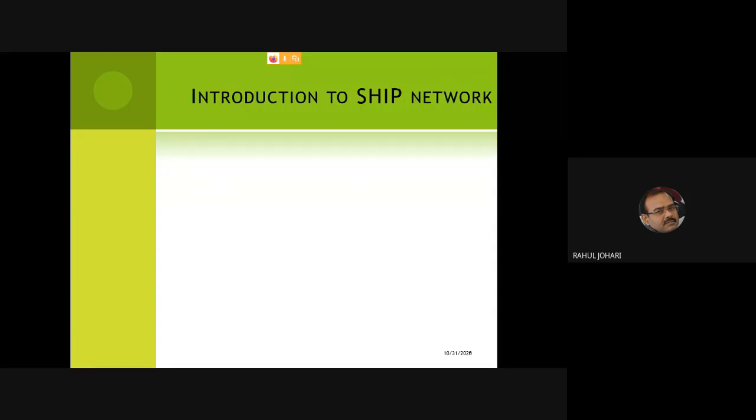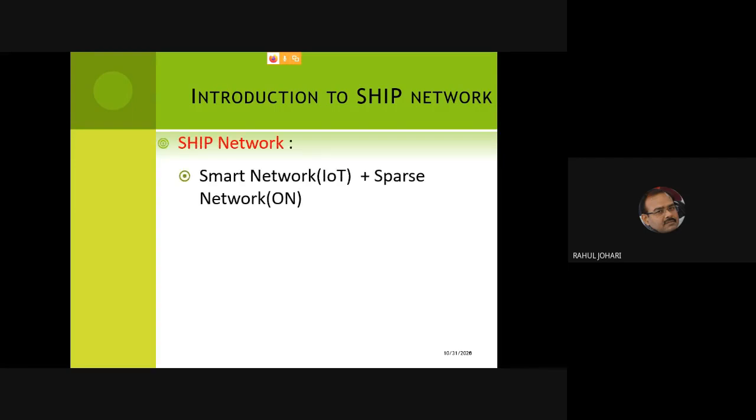So let's build up around the philosophy or the ecosystem of the SHIP network. First of all, the smart networks, our very own IoT networks, which are very popular nowadays. You would have been attending the FDP sessions, and almost all the speakers would have been stressing the importance of building and carrying out the routing of messages in the IoT network. So they're all web-based, web-enabled. That means they all have addresses, the IP address and the MAC address, a 32-bit IP address and a 48-bit MAC address, the physical address.